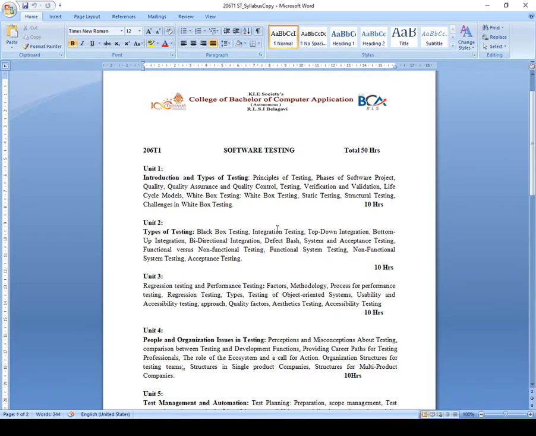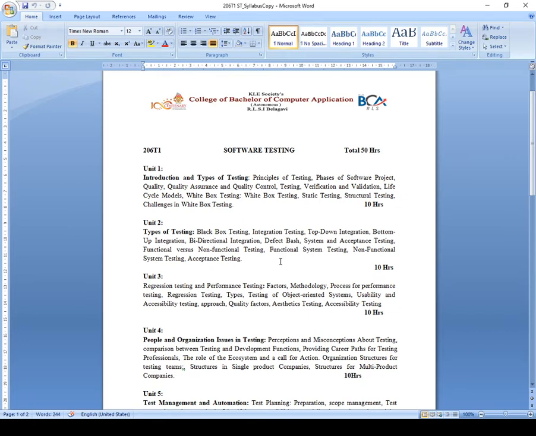Under black box testing you will learn integration testing, then the top down approach to integration, bottom up integration and bidirectional integration. You will also learn defect bash, and system and acceptance testing, functional versus non-functional.